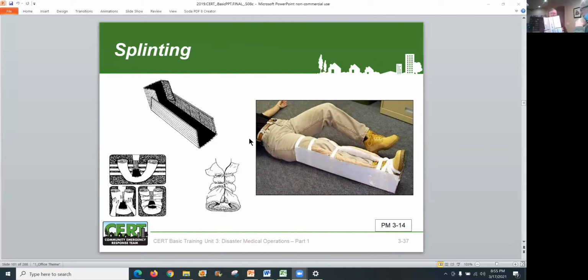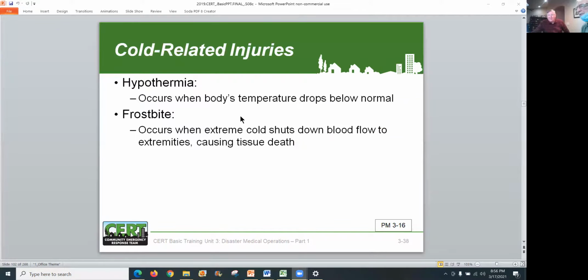Here at home, you can take a magazine. If you still take magazines, you take cardboard. Here's just a piece of good old shipping boxes. Break them down, fold them in place. You can make splints. And you can even bend them in spots. There's so many things that you can do. Here you can put it on a foot. You can put it on an elbow. There's a lot of ways you can do it. Those are just some of the ways. Remember, as a CERT person, you're not going to have all this equipment. You're going to have to improvise.